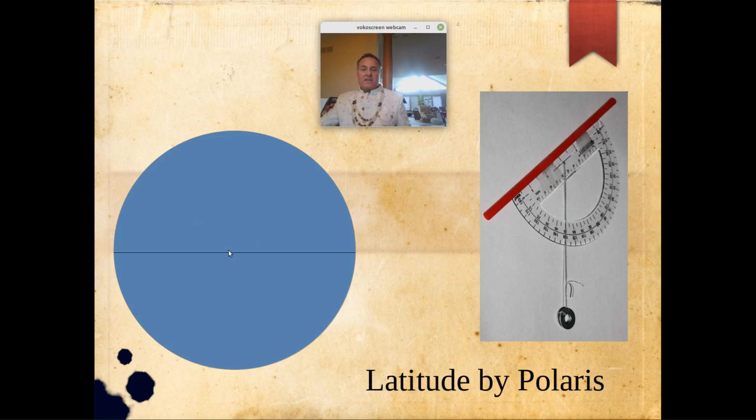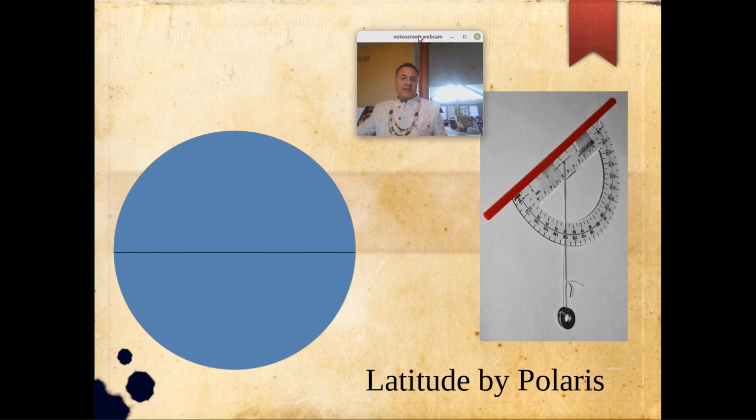And for those of us in the northern hemisphere, Polaris on a clear night is always visible above the equator. So let's look at the Earth here in profile. This is a side view. I've got the Earth's equator drawn in, and we're way off in space and trying to discover something about the geometry inherent in the light of the stars raining down on Earth, and particularly this star, the North Star, the pole star. You'll see that the light from the pole star drops straight down to the North Pole,